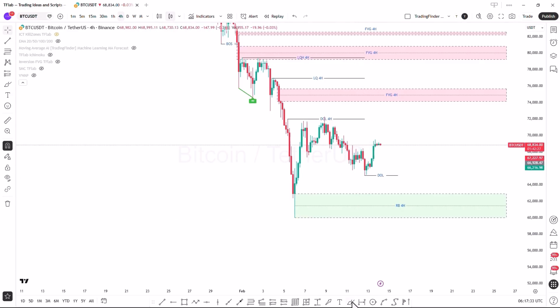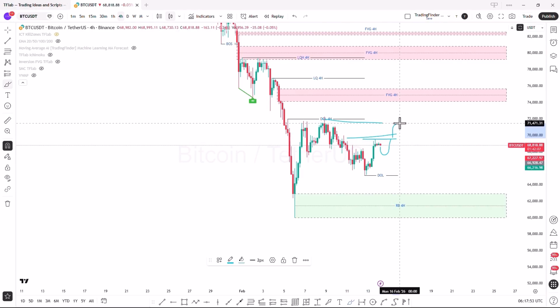It is predicted that the price will have a short-term downward slide. It will enter the fair value gap area, and after that, it is expected to be rejected from this zone towards liquidity. Then move towards the buy side, which ultimately could push it up to the 70,000 to 72,000 range.